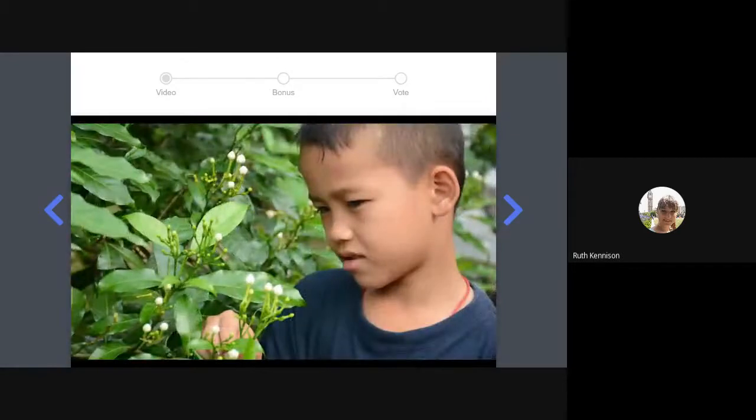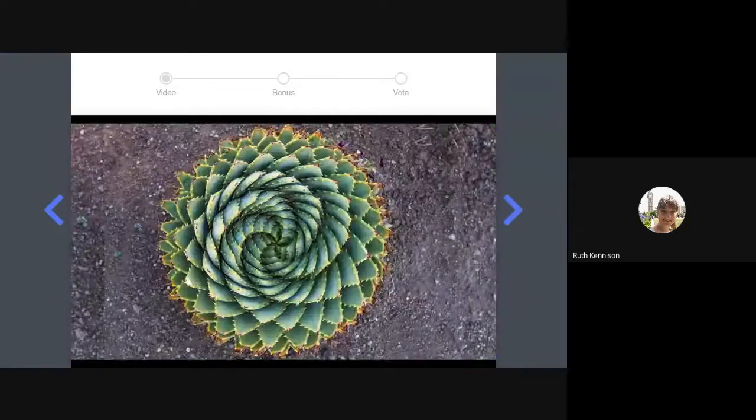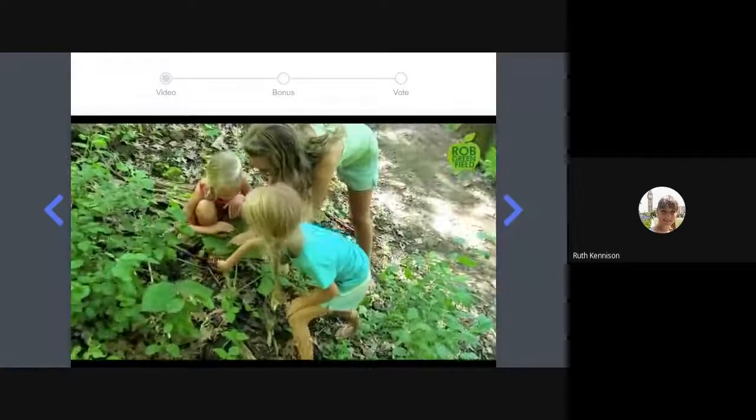So, in summary, you can learn to tell poisonous plants from non-poisonous ones by learning different patterns. No one pattern can tell you whether a plant is poisonous or not. You'll want to learn lots of patterns, but you can do that by getting the help of a plant expert